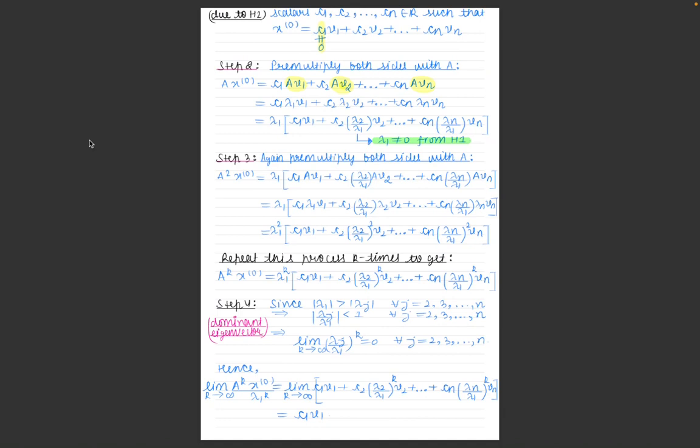So this implies the limit of lambda j by lambda 1 power k as k goes to infinity is 0 for all j varying from 2, 3 up to n. So hence if you take the limit of A power k x naught as k goes to infinity, upon lambda 1 power k, it will be the same as the limit as k goes to infinity of